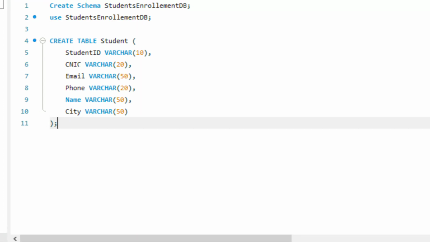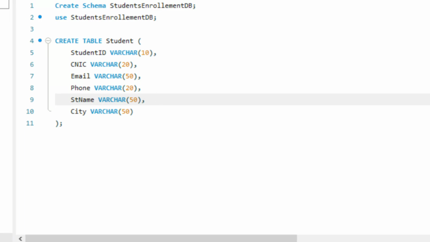Create table student: student ID, CNIC, email, phone number, and for example name and city, but no primary key has been set. So here the primary key could be this student ID, and